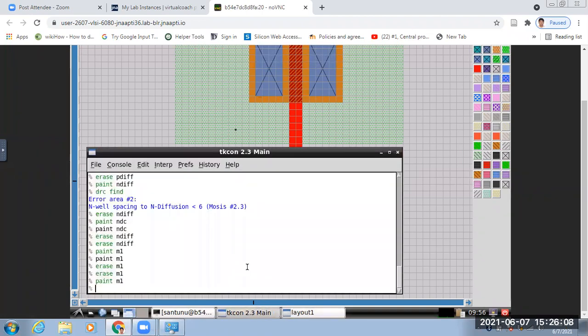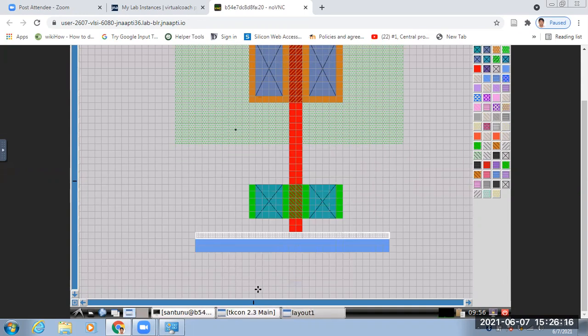Erase metal one. Okay, so this is okay. Then you will add here.